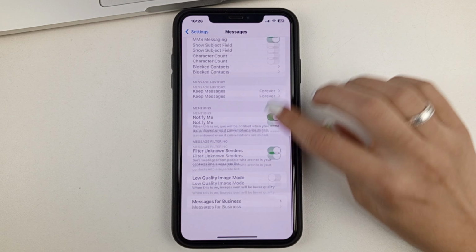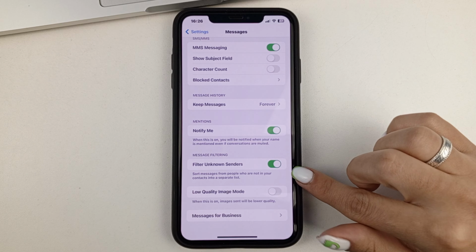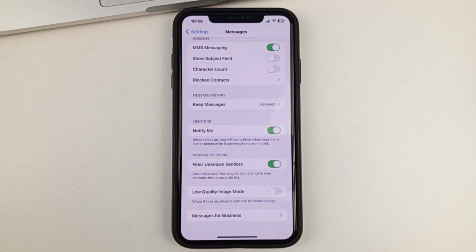And also, if you scroll down to the bottom of your messages, I suggest you also turn on the option to receive messages from unknown senders. That way you will be able to receive messages from unknown senders. This will allow you to receive notification messages from, for example, Gmail.